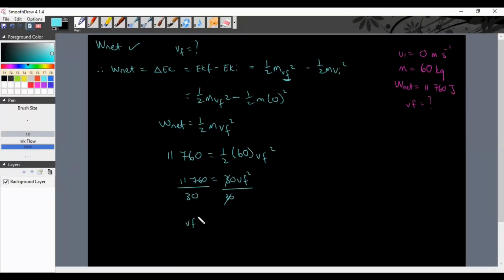All right, vf squared is going to equal, I'm just going to perform that sum quickly, 392. And I'm going to square root both sides. Therefore, the final velocity of the skier when he gets to the bottom of the slope, which is point Q, is equal to,